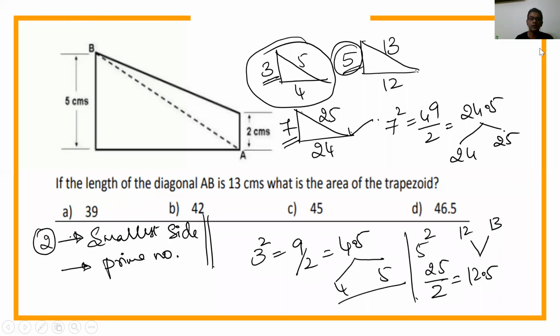Guys, did you understand this? All of you? Right. Now what has happened over here, guys, is that when I look at this triangle given to me in the question, and when I say this is 5, what should strike you? What are the other two sides? 12 and 13. The other two sides are 12 and 13. You already have a 13 here given to you in the question. So which should be 12? This should be 12. So what did I save? I saved doing that square root part.